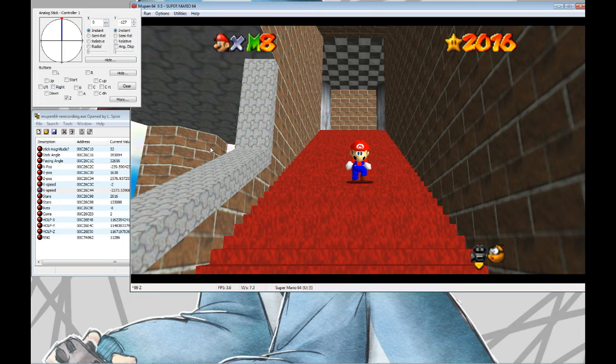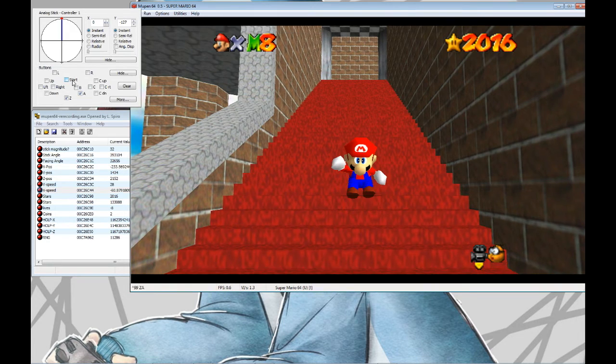A 0 input BLJ is just as fast to execute as a normal BLJ, but you can get a lot faster speed, and there are times where you shouldn't 0 input BLJ, but 9 out of 10 times 0 input BLJ, you'll have a lot more speed. And then again, you know, you can pause buffer at the last minute. When you pause buffer, you don't want to do the pause buffer the entire time like I did here. So if I go back to,